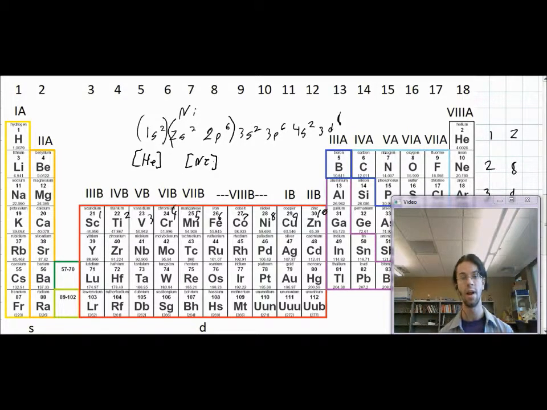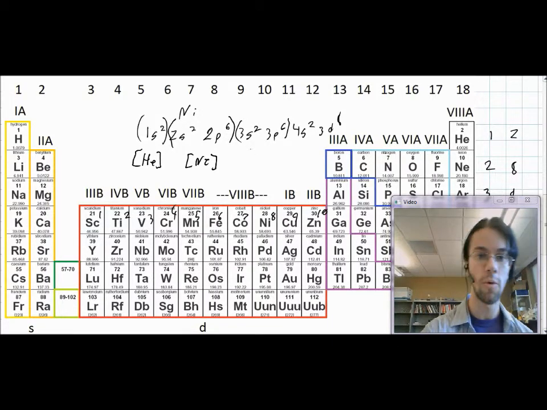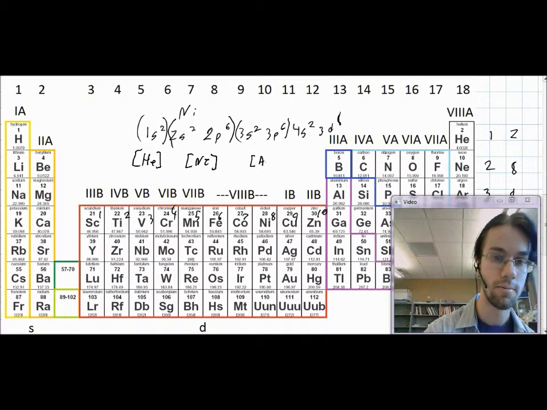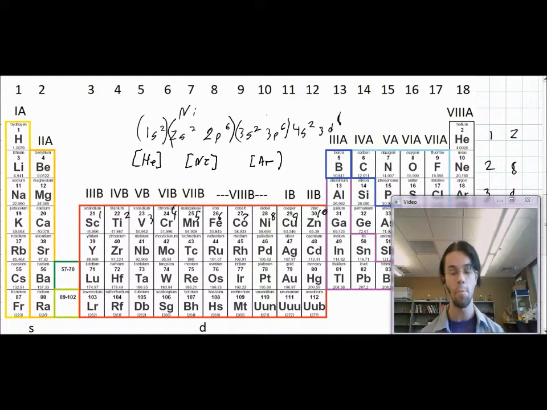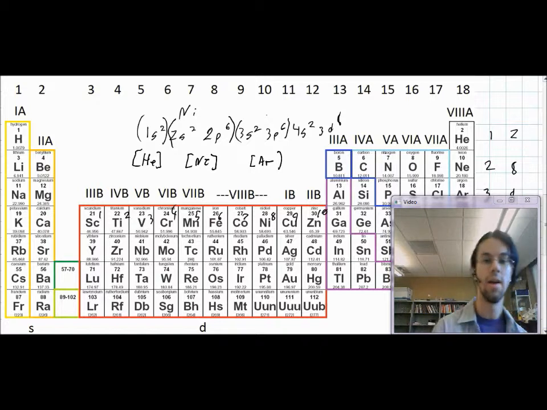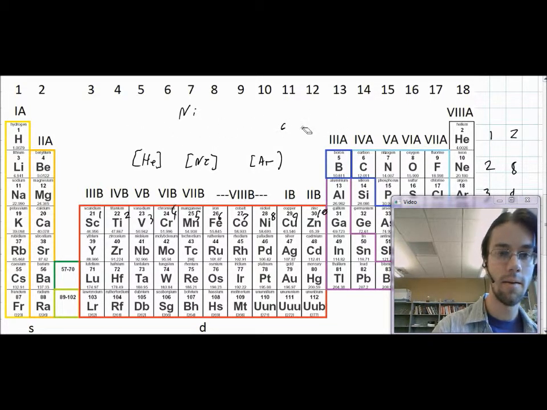And we don't have to write hydrogen, because hydrogen is a part of neon. So we can write neon. Now, if we go even further to here, we can write argon, because everything up to that point reflects argon. And so we can shorthand this entire thing to